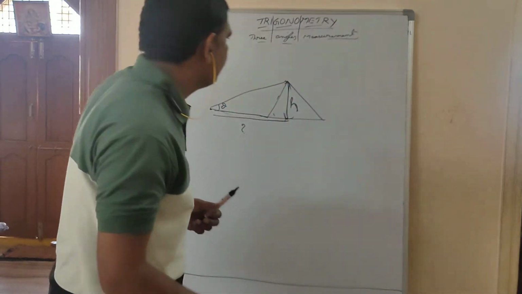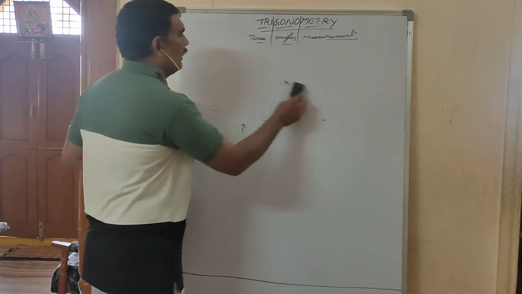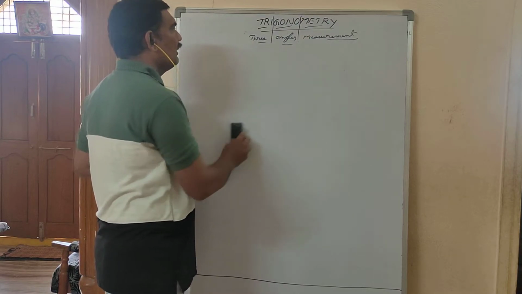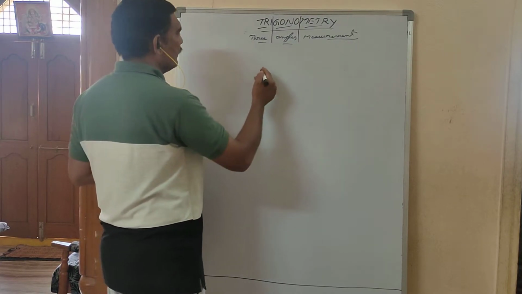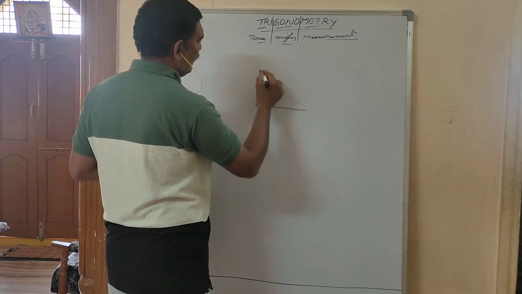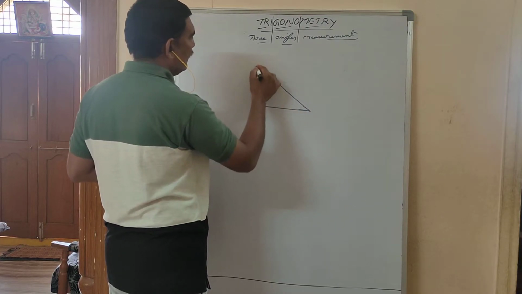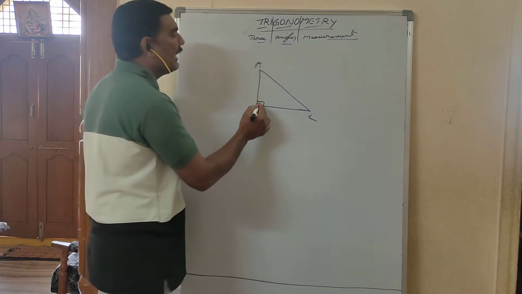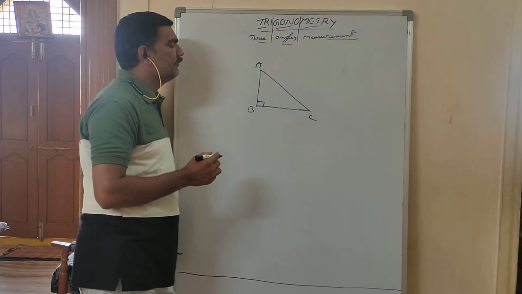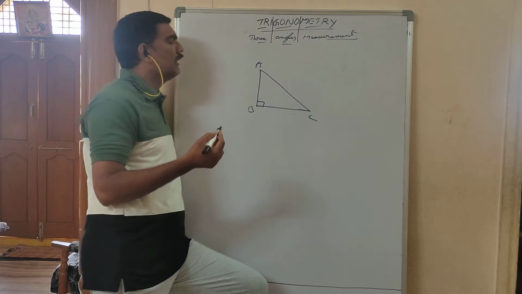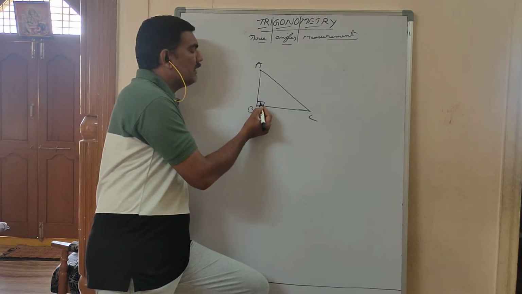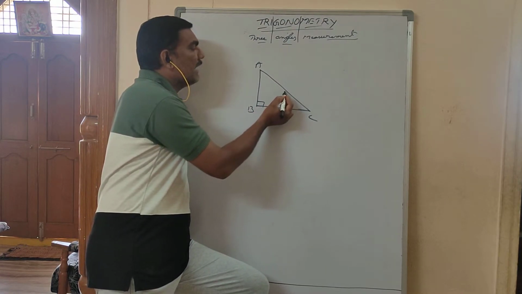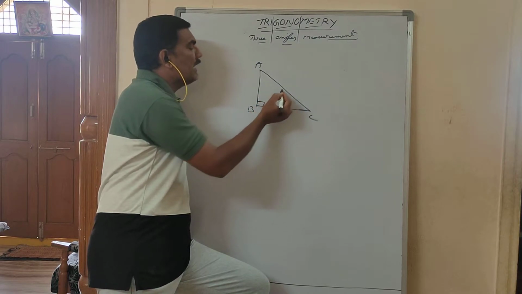So now, what is this trigonometry and what we have to use, we'll see. Here, first we'll take a right angle triangle. What is this? It is a right angle triangle. So where the right angle is there? Right angle is at B. So we know one rule. That rule is always side opposite to 90 degrees.